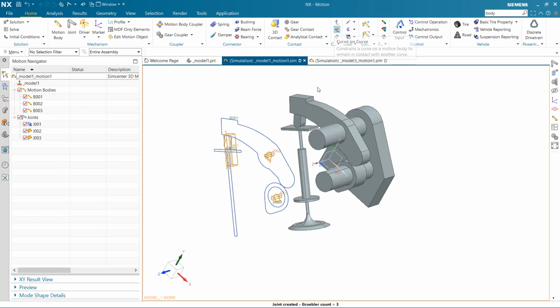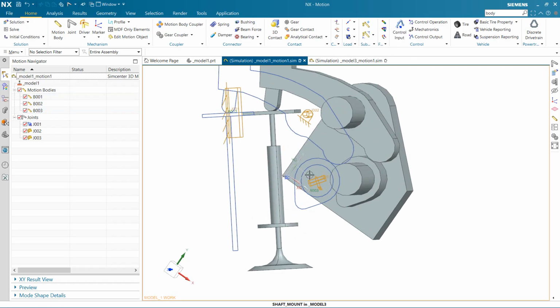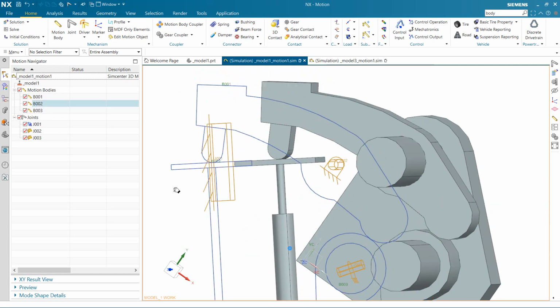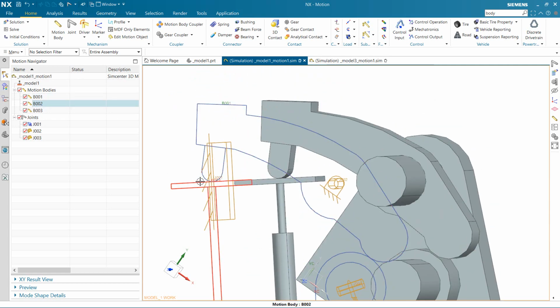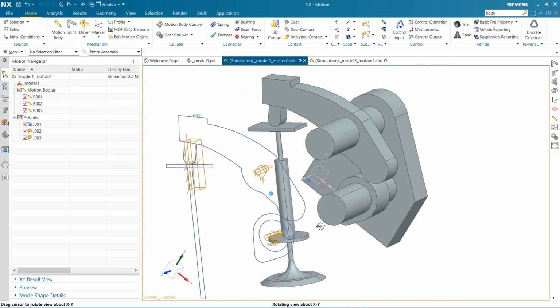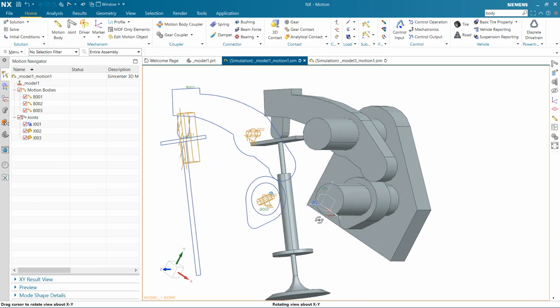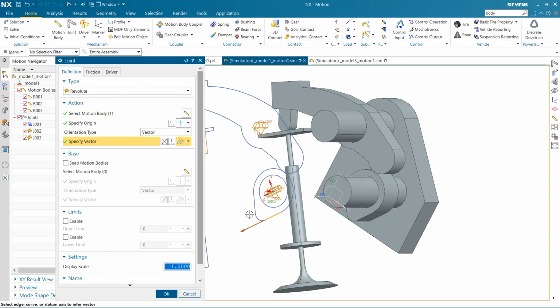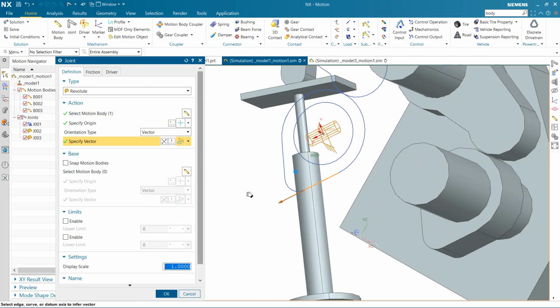So let's create the 2D motion for it. In here, these two curves are always in contact, as well as these two curves here. This line is always in contact with this end here. This round shape part is also always in contact with this part here. I think there's some problem with this joint over here. Oh, I see.